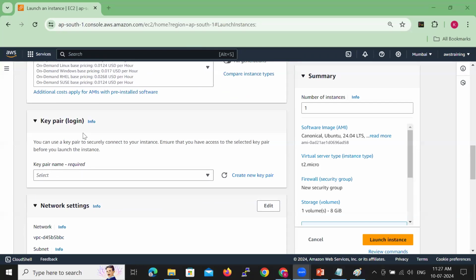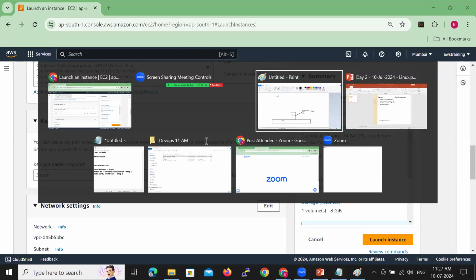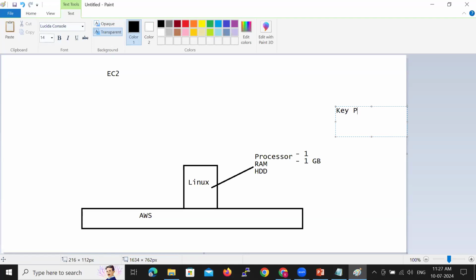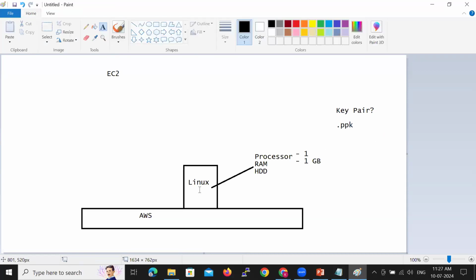Key pair. When you're creating a Linux machine, AWS account will ask you to create a key pair. Now, what is key pair? Key pair is a file with extension .ppk, or key pair is a file with extension .pem. Key pair is a file which helps you to connect to the Linux machine, not just creating a Linux machine,